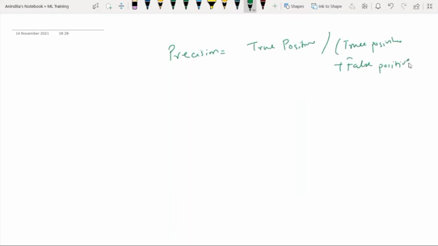This is the actual formula of precision. Precision means true positive divided by true positive plus false positive, right? And similarly, you can guess how we can calculate the recall also.